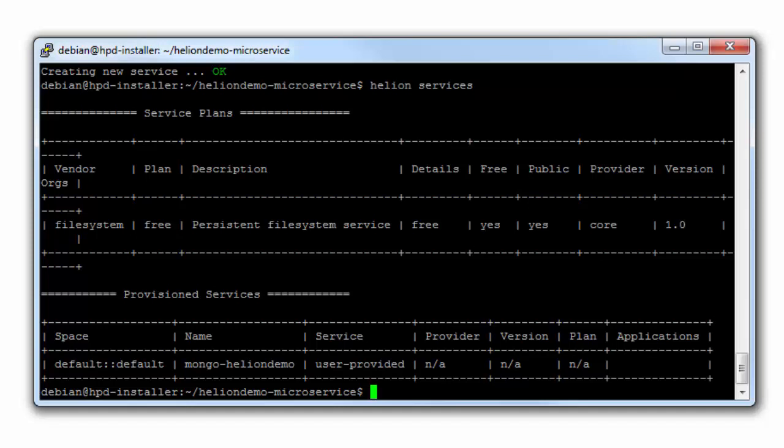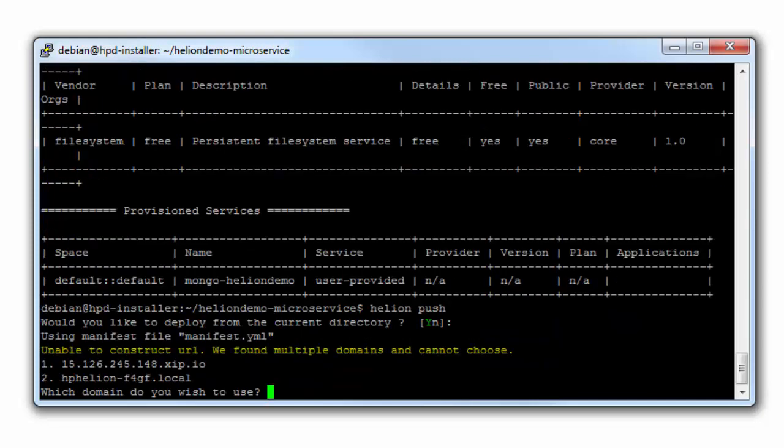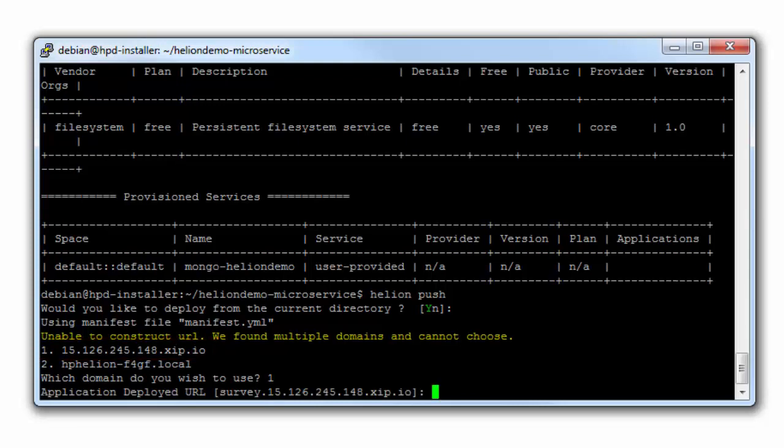We're now ready to deploy our microservice. We do this by calling Helion push from the directory where we cloned our application files. We accept yes, we do want to deploy from the current directory, and we choose our IP address .xip.io as the domain name for this application, and we can accept or override, and we accept the default application URL that